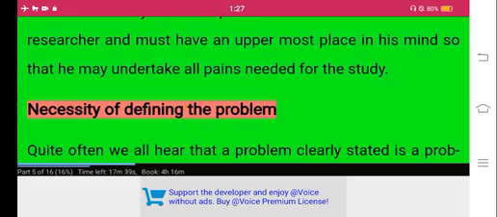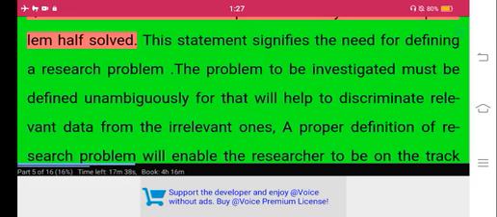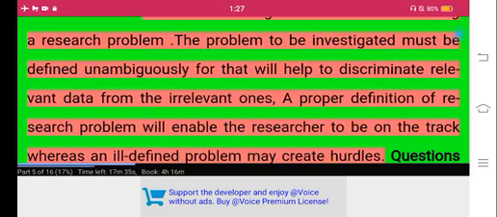Necessity of defining the problem. Quite often we all hear that a problem clearly stated is a problem half solved. This statement signifies the need for defining a research problem. The problem to be investigated must be defined unambiguously, for that will help to discriminate relevant data from the irrelevant ones. A proper definition of research problem will enable the researcher to be on the track, whereas an ill-defined problem